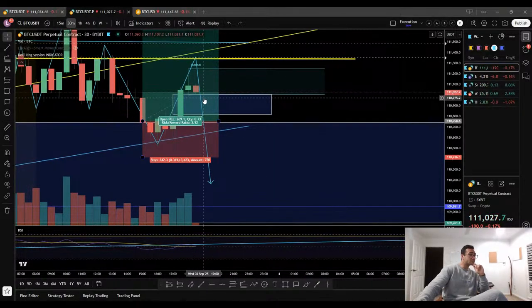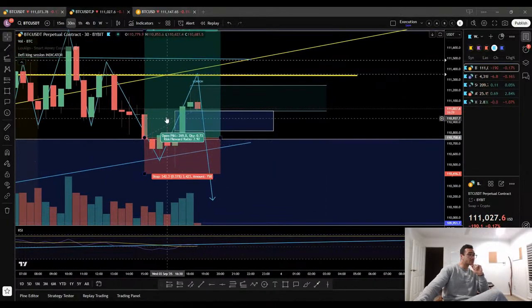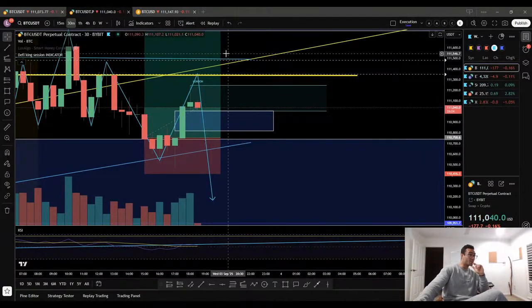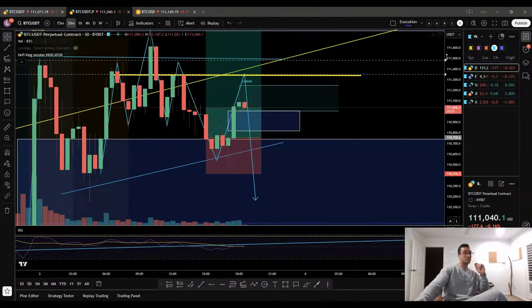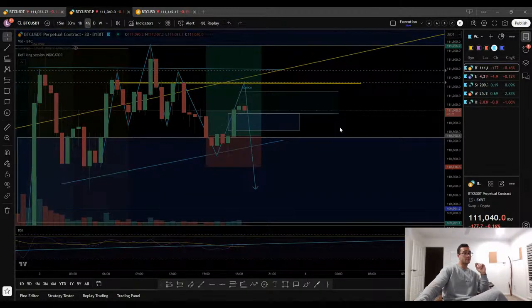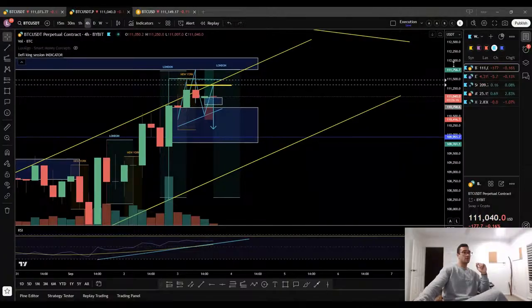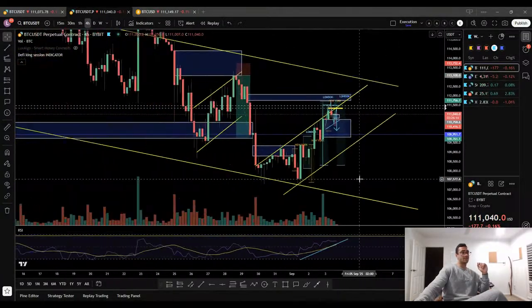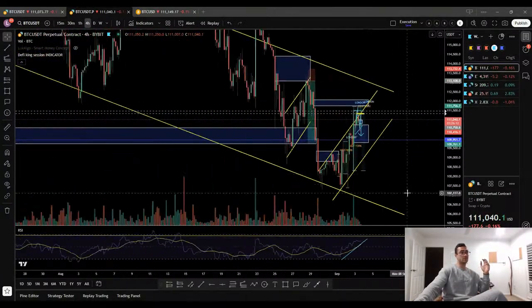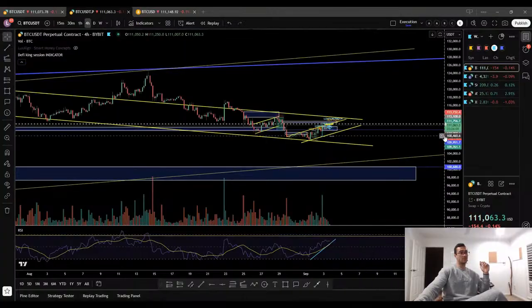Now, if he does, he will continue down. But if he doesn't, he will fill the orders. That order that he fills inside here will then pump. So let's go back to the 4 hour, let Bitcoin do its thing. This is the bigger picture right now. So this here is like, you can kind of see where I'm getting at with